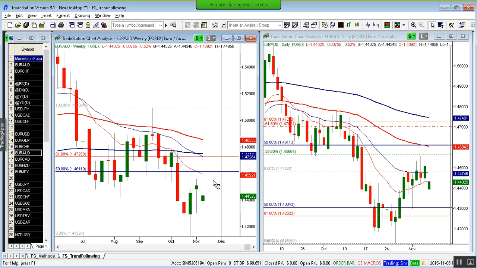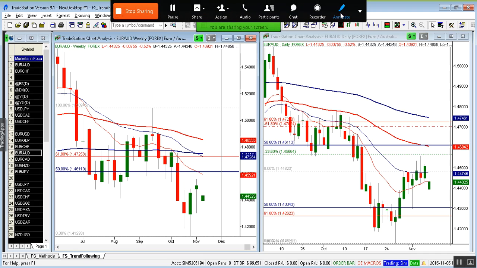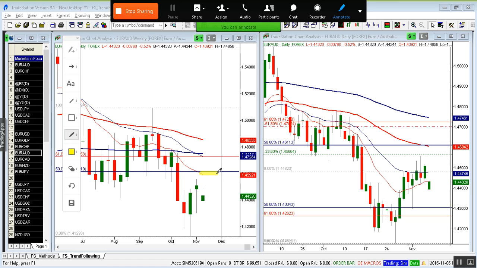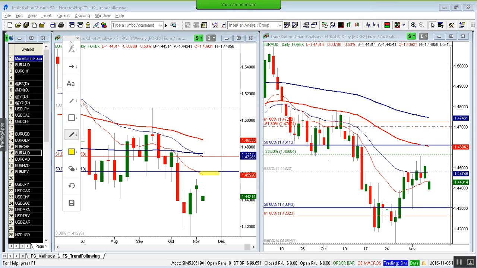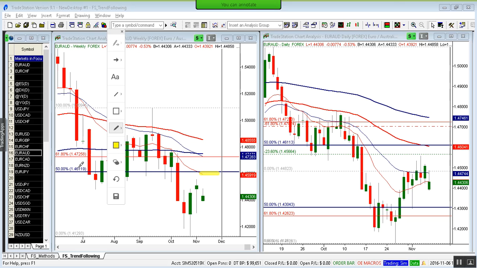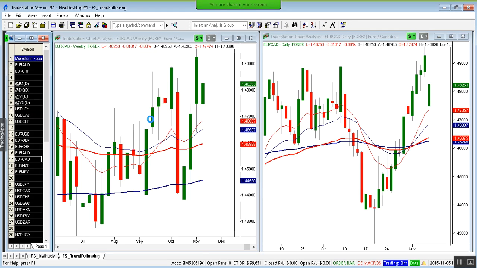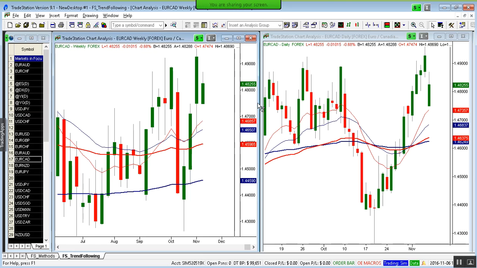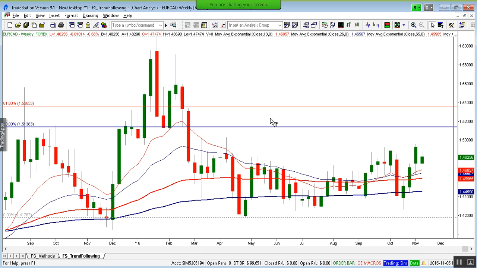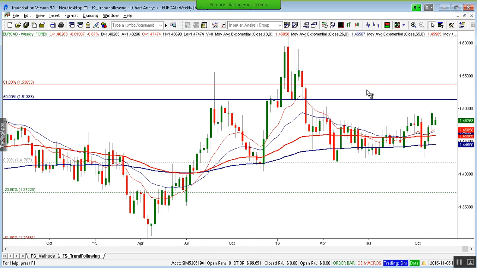Okay, so the case for a trade here will come only if we see a retest of this level 146.11, and that would be for a continuation lower. Euro versus Canadian dollar, again we're seeing this market following up on the upside, the euro strengthening on the Canadian dollar.